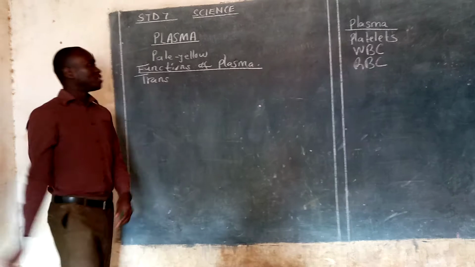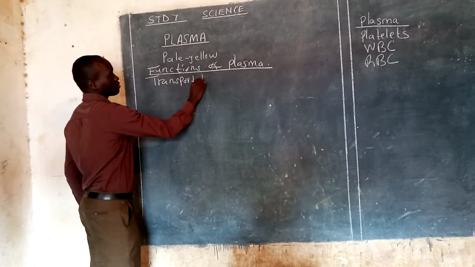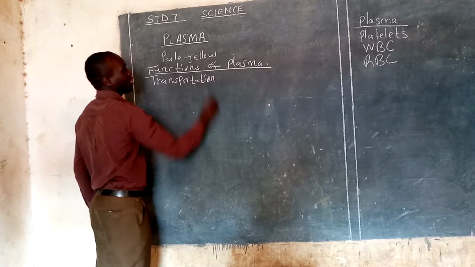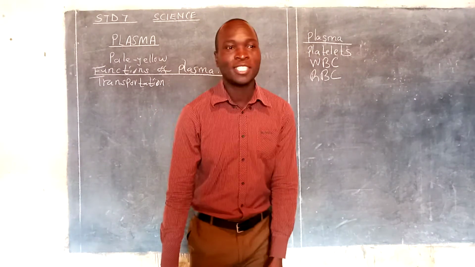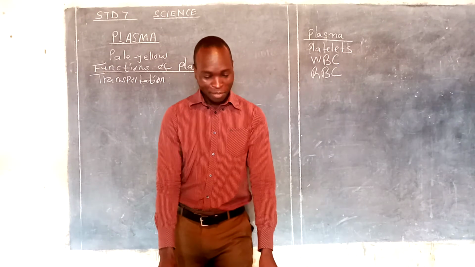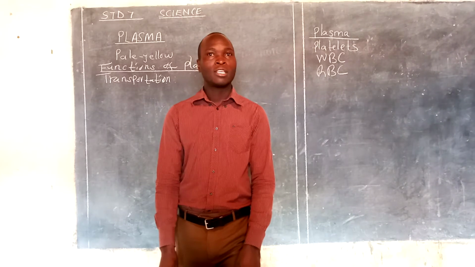The main one, I'm saying, is transportation. What is transportation? We all know that transportation is a movement from one point to another. So, in simple terms, plasma is used to transport different materials in our bodies from one